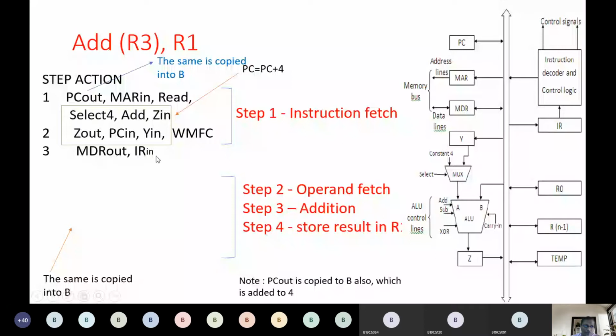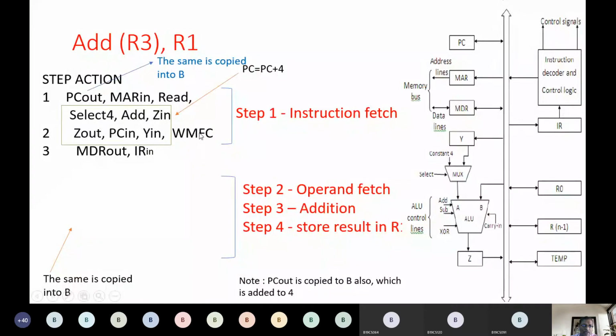IR in. So you can see what we did in these steps. We took the address from here to here. Next we issued a read signal to get the instruction from main memory. But it takes some time to read from main memory. Instead of the processor being idle, the processor increments the PC address plus 4 so that it gets the address of the next instruction, and the same address it copies into Y also.